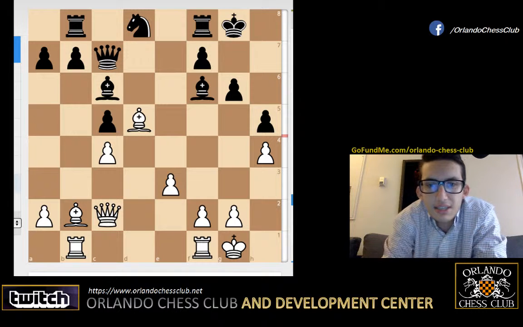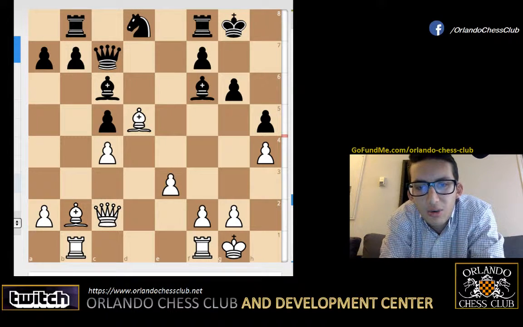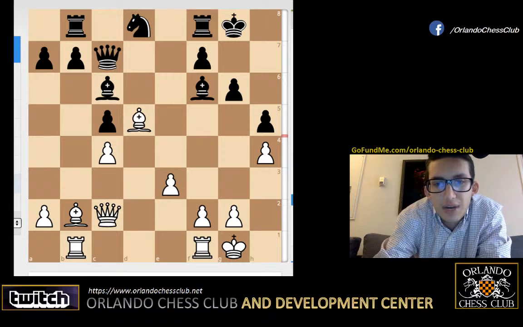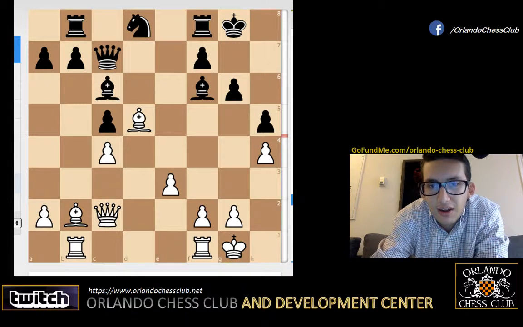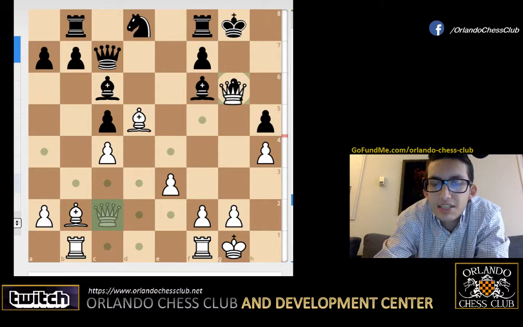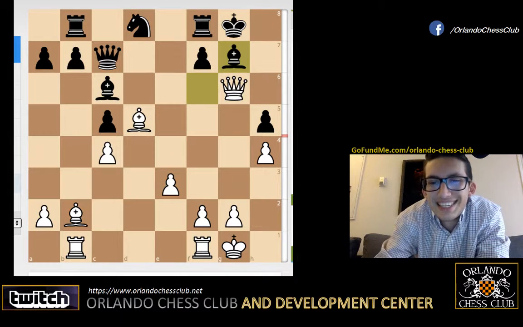So this is a position where, once again, there's not always pieces that are pinned, but certainly sometimes pawns. If you guys could notice, this pawn on f7 is pinned. So therefore, this pawn on g6 is technically hanging. So white could simply take this pawn on g6. I made a move again. White could simply take this pawn on g6,